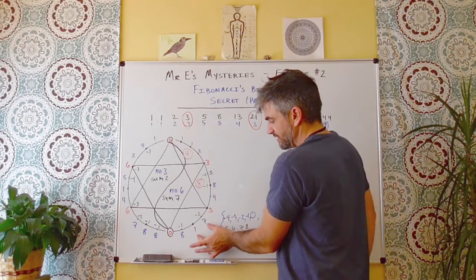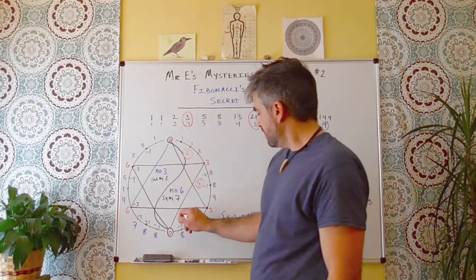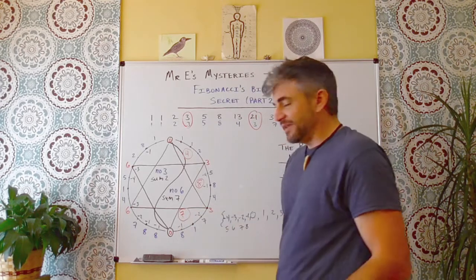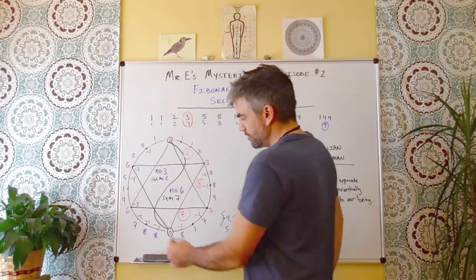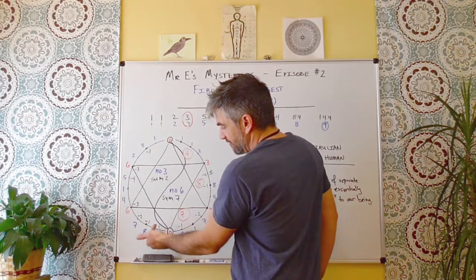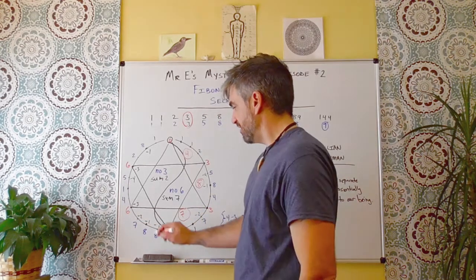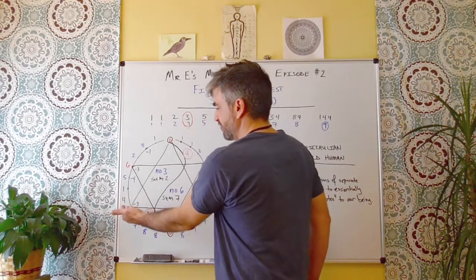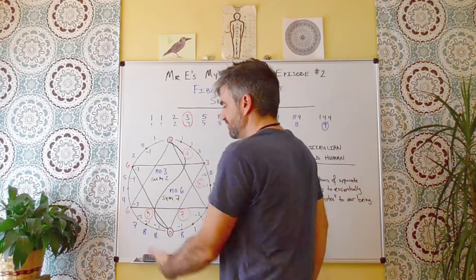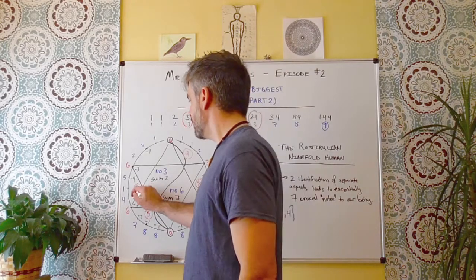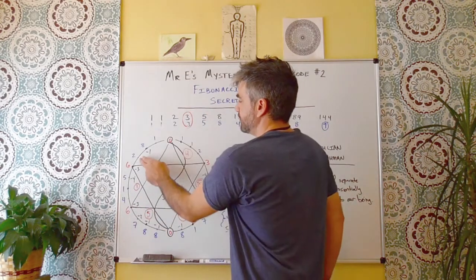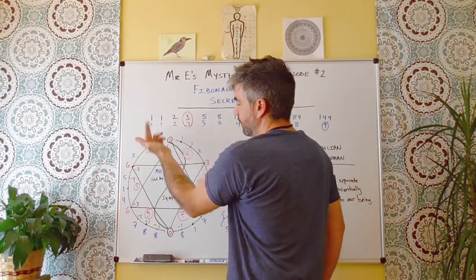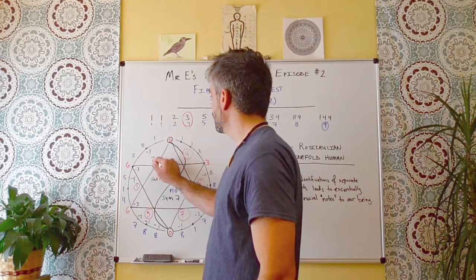So 7 plus 1 is 8, plus 8 is 16. 16 is really 7. So let's go ahead and now look at the negatives, because again, for me, it's a little easier. Negative 1 and negative 1 is negative 2. Negative 2 and negative 2 is negative 4, which is a 5. And then we have the sum over here. 5 plus 1 plus 4, that's actually just going to be a 1. And here 2 plus negative 1 is positive 1, plus 1 is 2.